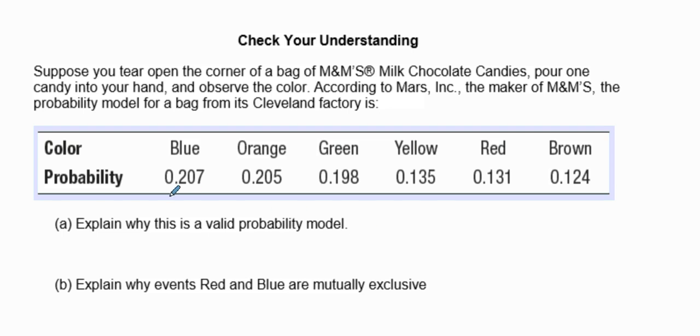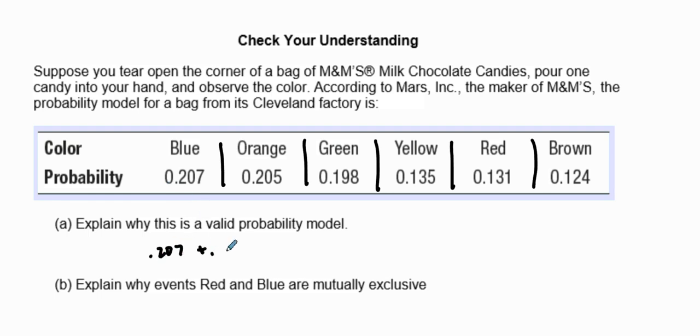If this is a valid probability model, that means that each one of these right here, when we have these M&Ms, and you can read this for yourself, is supposed to be as follows: suppose you open the corner of a bag of M&Ms, pour out the candies, and observe the colors. According to Mars, here's the probability model. So for this to be true,